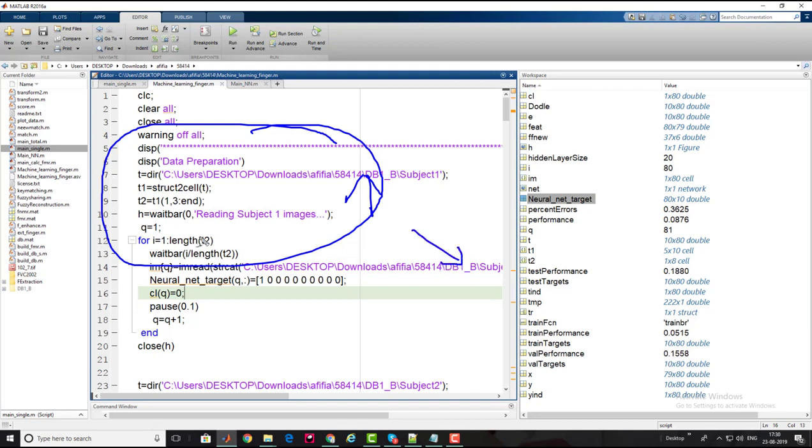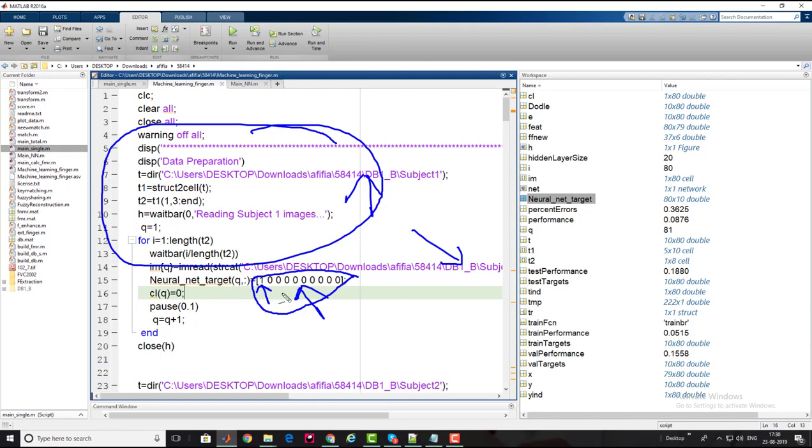Each folder contains 8 images, and a total of 10 subjects are identified. The target vector is created corresponding to the neurons' target vector, where I put 1 at the place that represents that all input images belong to the first folder.